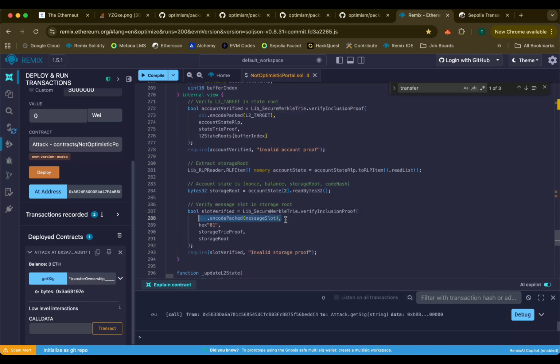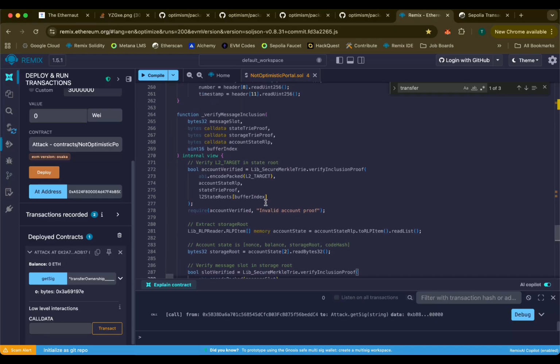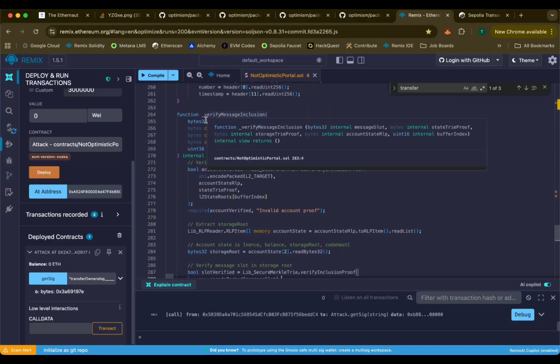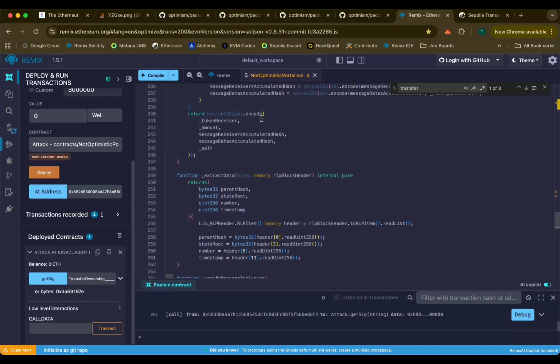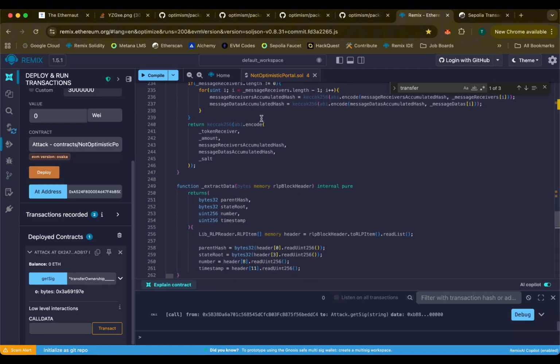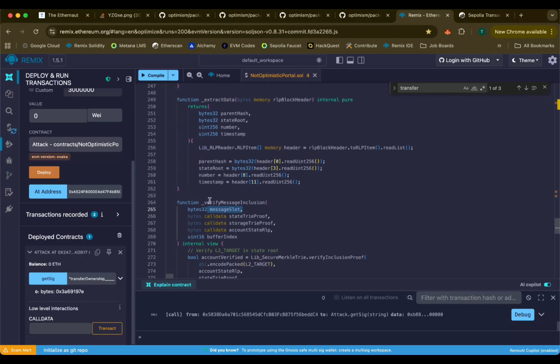And here in this particular case, the path that we want is the abi.encodePacked of message slot. And the message slot is passed here as a bytes32, but in actual fact, when we call this verify message inclusion function,